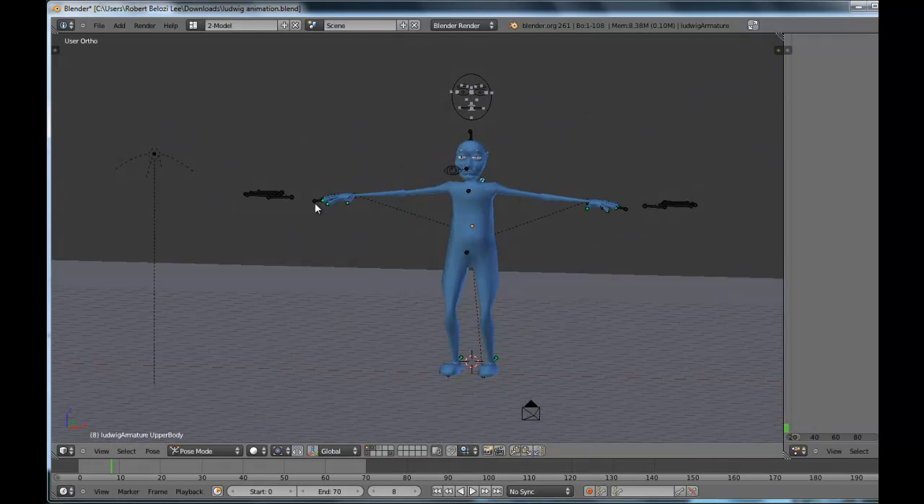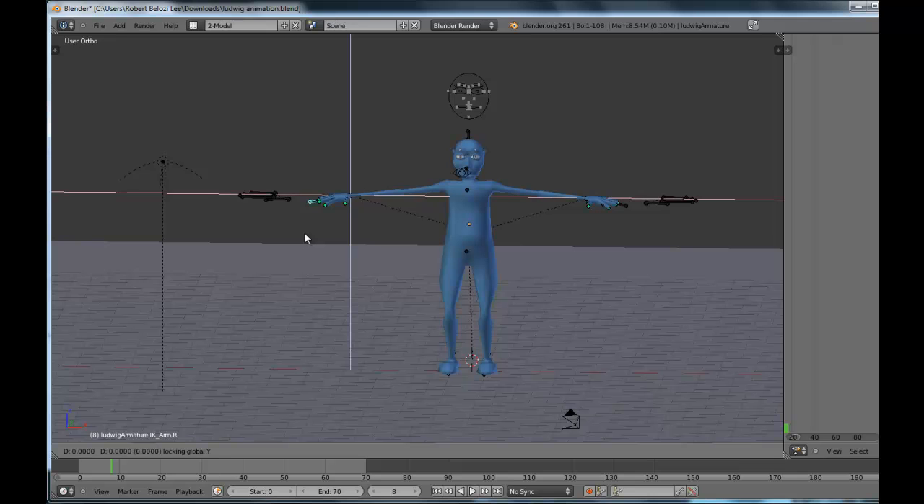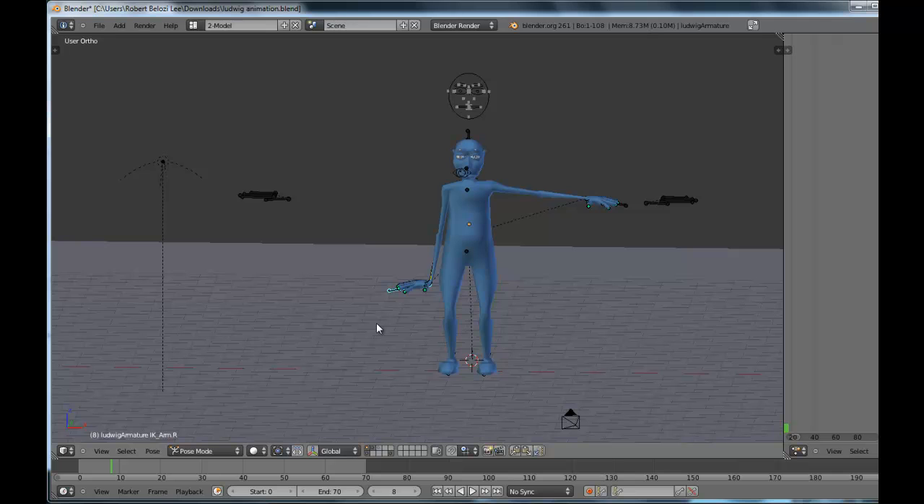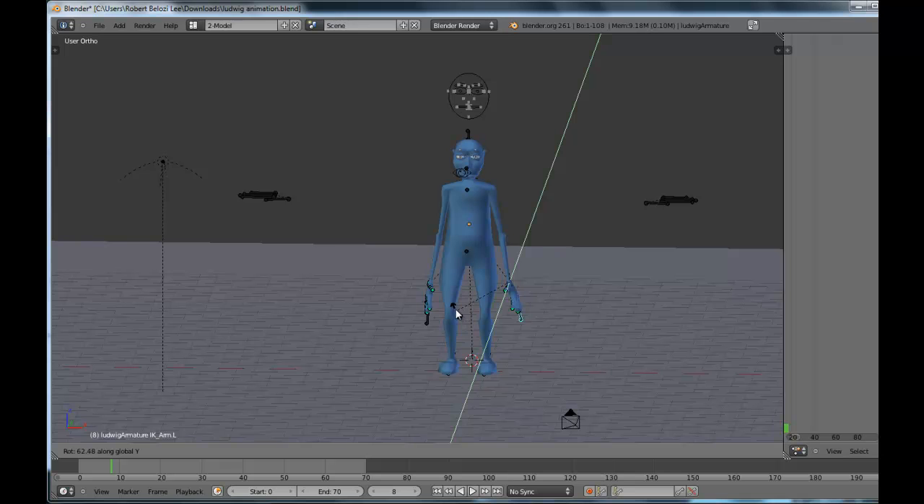So I'm going to start by grabbing the hand and moving it down, restricting it from moving along the y-axis so I can bring it straight down to the side, and rotate the hand along the y-axis, bring it down like that, and do the same thing with the other hand. Move it, shift, grab, and then shift Y and rotate this along the y-axis. Bring the hand in,